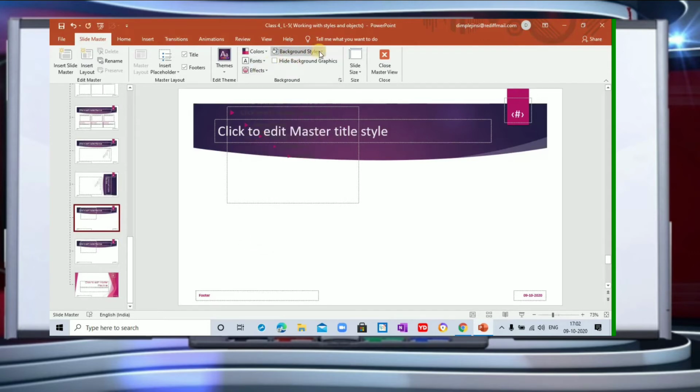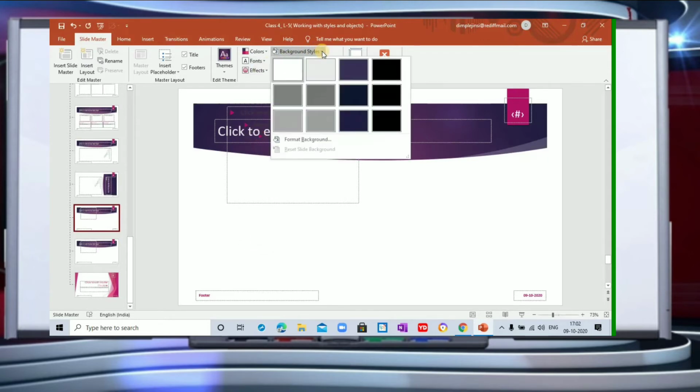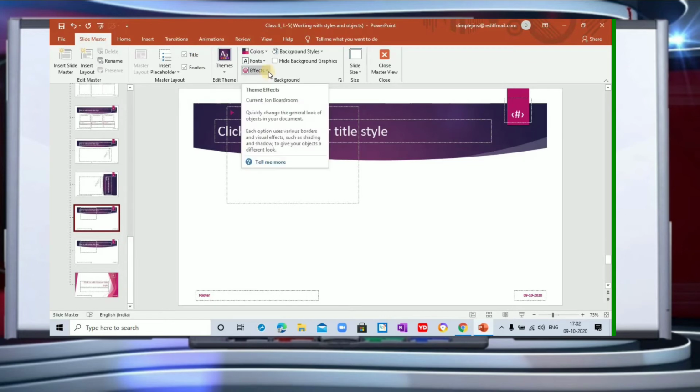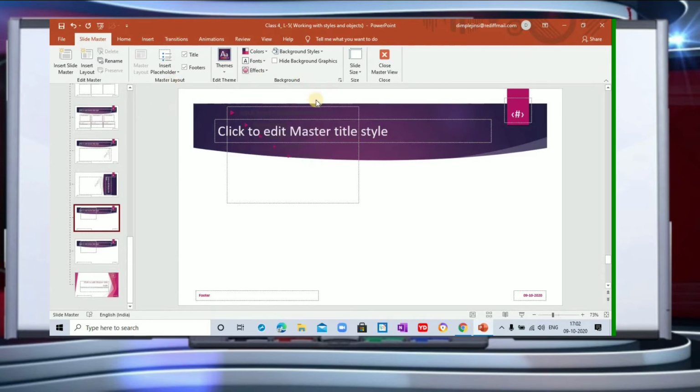If you want background styles, you can go here and pick up whichever background style you want for your slides. You can pick this. Then you have so many things. You can give effects to your slides. Whatever changes you make here will appear automatically in all the slides.